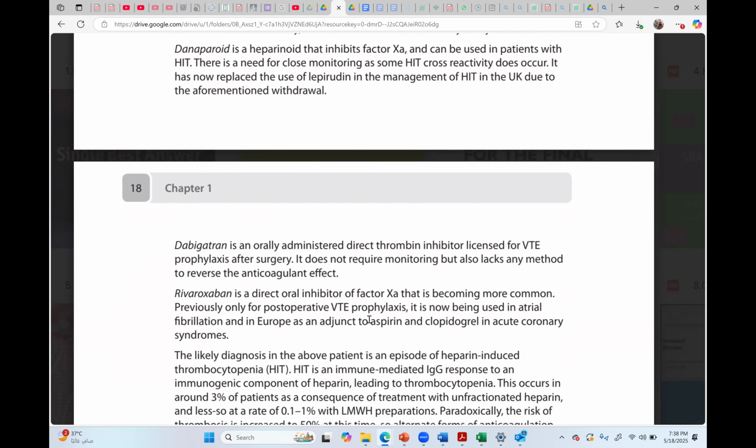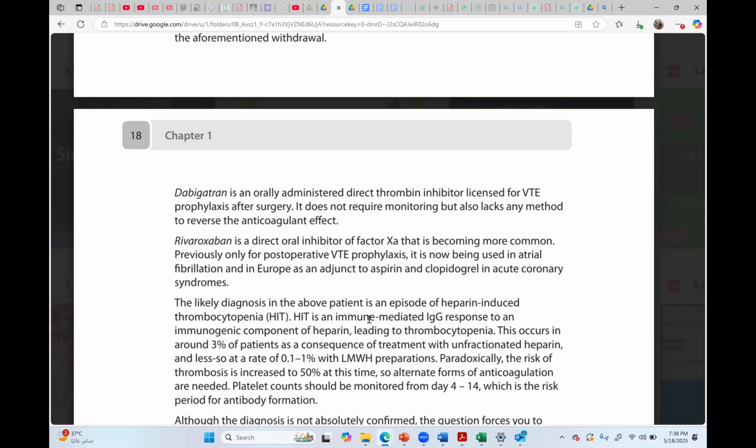Dabigatran is licensed for VTE prophylaxis after surgery. It does not require monitoring, but also lacks any method to reverse the anticoagulant effect. Okay. Rivaroxaban is a direct oral inhibitor of factor 10A. So you should know which anticoagulants are given orally: dabigatran, rivaroxaban. It is becoming more common, previously for post-operative VTE, now being used in atrial fibrillation, and in Europe as an adjunct to aspirin and clopidogrel in acute coronary syndromes. They are giving it post